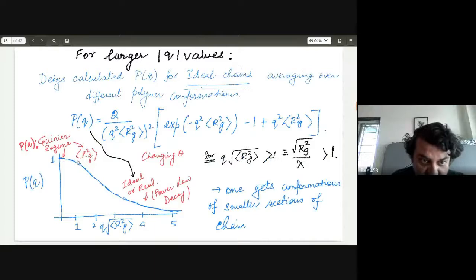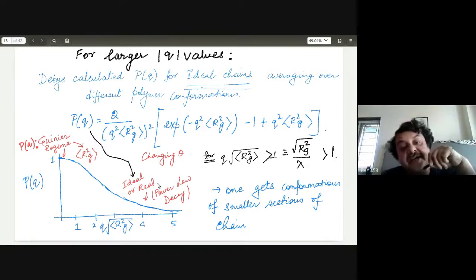Then P(q) would look something like this as a function of q Rg. Here is the so-called Guinier regime, where P(q) changes as 1 minus q squared Rg squared, and that's how by fitting you can get Rg squared. Once you get this, you can fit that entire thing, and if it does fall in this behavior, which is valid only for the ideal chain, that means you are getting an ideal chain